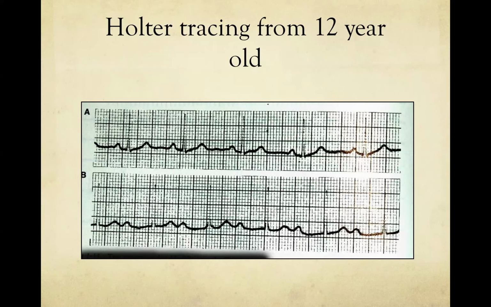For A, I see a P and then a QRS and a T, and then the rest of the waves are 1, 2, 3, 4, 5. These appear to be similar to each other, and the rate is around 75. So I would say that's sinus rhythm. And then looking at strip B, which is at a different point in time,